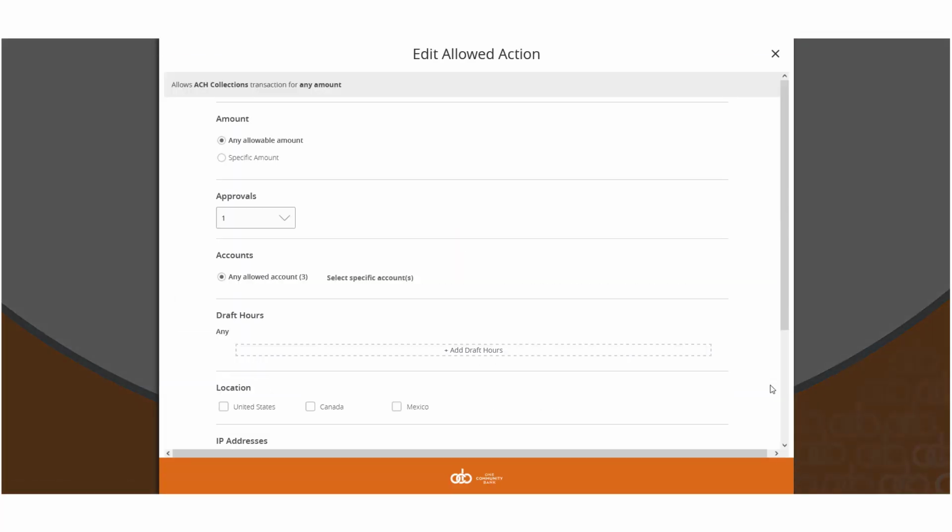Please note that one or multiple levels may be set up to establish general or granular user limitations. Select the Amount option to specify the dollar amount that will be the draft limit for the allowed action being set up. A designation of any allowable amount means the user may draft a dollar amount up to the set